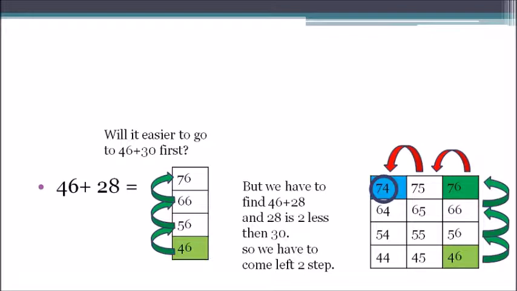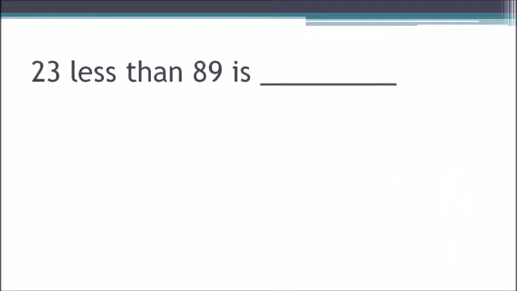तो हम जब 76 तक पहुंच गए, देन 28, ये भी हमें पता है, जो 30 से 2 कम है, तो हमें 2 कम मतलब हमें क्या करना पड़ेगा? 2 स्टेप्स पीछे आना पड़ेगा। पीछे मीन्स लेफ्ट को आना पड़ेगा। सो 76 से हम जब 2 स्टेप्स लेफ्ट को आए तो हम कहाँ पहुंचे? 74 पे पहुंच गए। तो यहाँ क्वेश्चन का आंसर क्या है? 74।